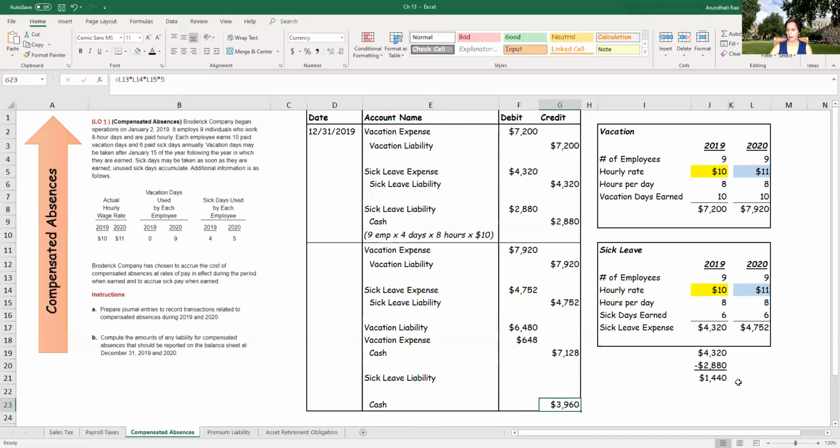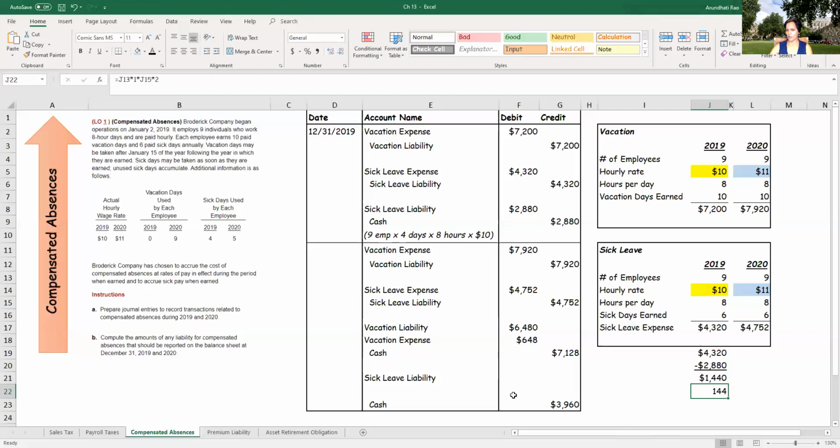$39.60. How much did I have in the account over here? I had $14.40 over here from last year. Now I also did the journal entry for this year, so I have liability over here. But I first need to do the accrual entry to adjust for the 2 days left from last year. Again, recall, they earned 6 days of sick leave. Of the 6 days of sick leave, they already used 4 days. What they did not use was 2 days over here. And that's a journal entry that I need to do in terms of making the adjustment.